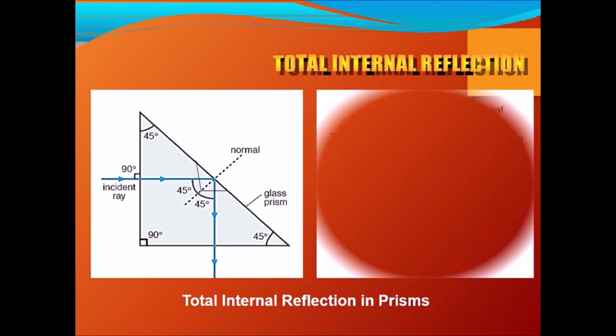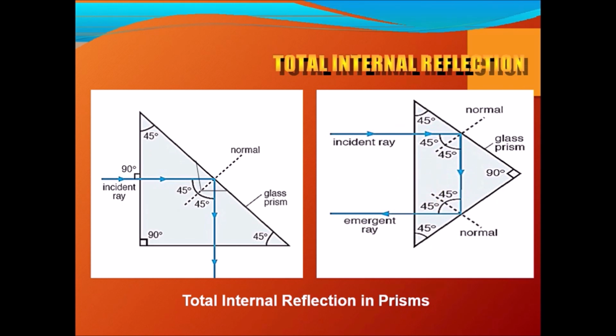Let's see another type of prism here. Again we have a right angle, but formed differently. Now the ray of light is incident on this, going perpendicular, so this is 90 degrees. If it is 90 and this is 45, this angle will also be 45 here. If I draw the normal, obviously this will also become 45. As I just told you, it's also made of glass, so the critical angle of a glass prism is how much?